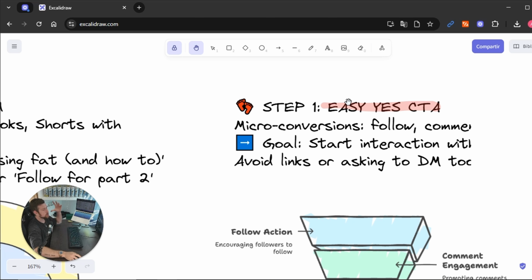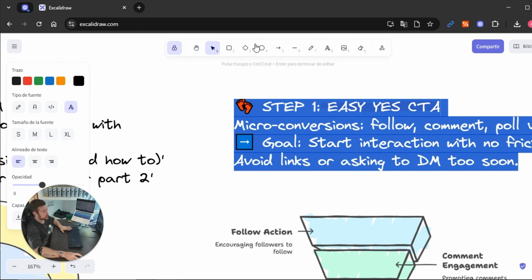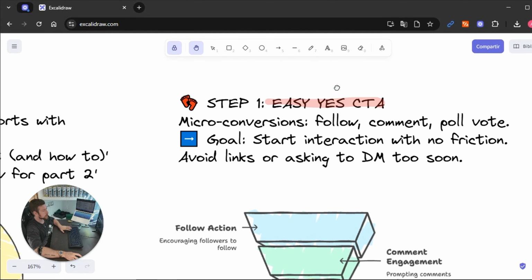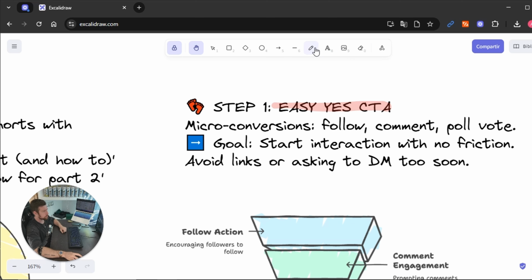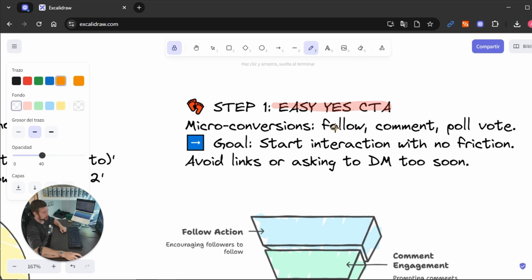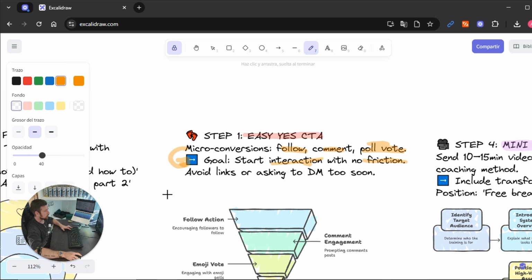What does it mean? You need to have micro conversions. So it could be maybe, let's open this. It could be maybe just a CTA of following you, right? Maybe follow me for more, maybe just a follow, to comment, have a poll vote, whatever you want to use. So the goal here is really to start an interaction with no friction with that person, and you don't need to be asking people to DM you, or maybe selling them or telling them to book a call right after they know you,